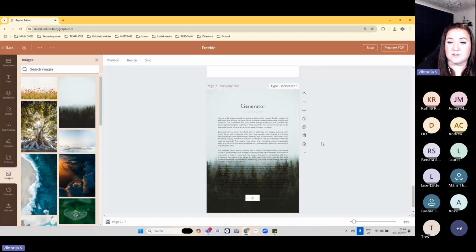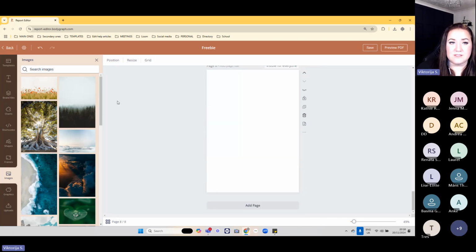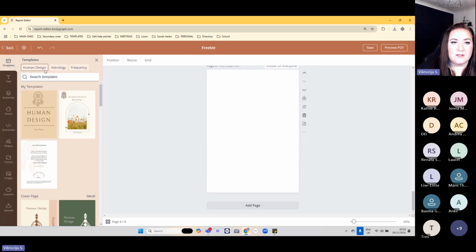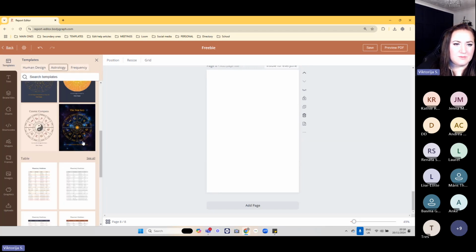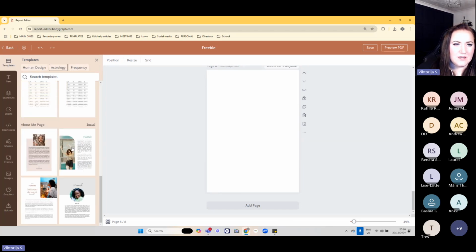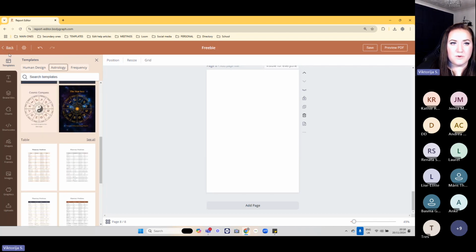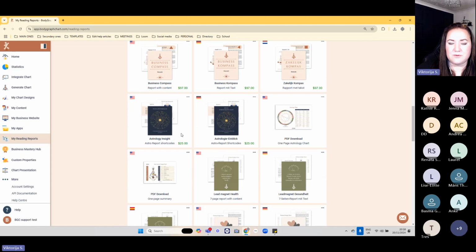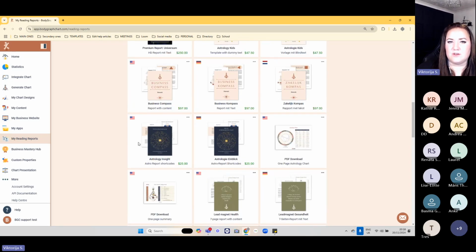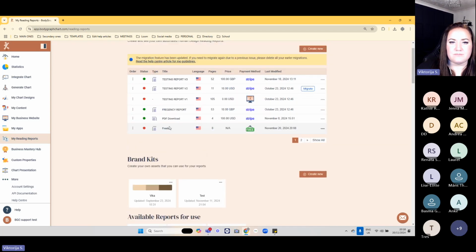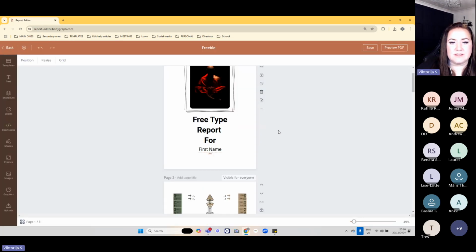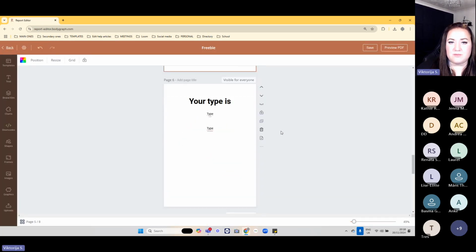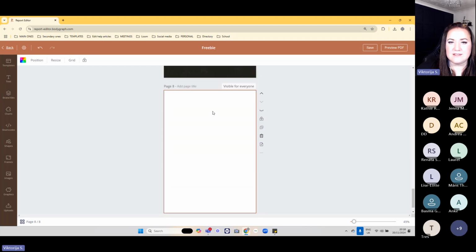Now for the astrology, I would suggest to maybe use either the template. Let me see if we have any templates. I don't think that we see. If you will purchase the premium report that is for the astrology, then you could possibly use the page that includes the zodiac sign, for instance. So that's more than enough to actually provide, or you can use exactly the same approach as we used for